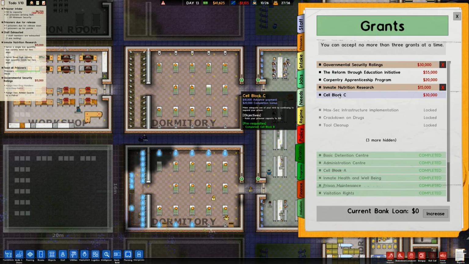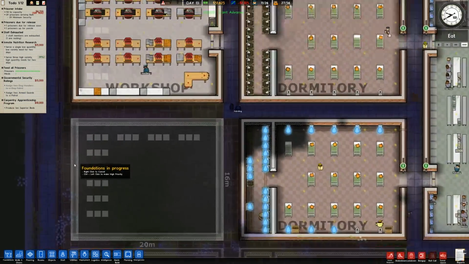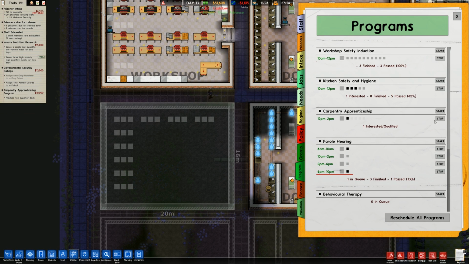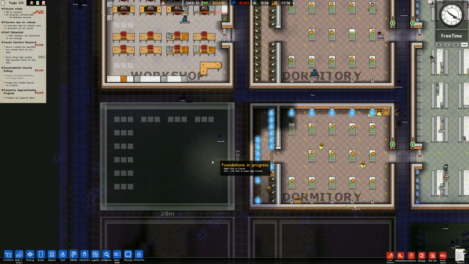We've got Cell Block C, we've got Carpentry Apprenticeship Programme. We might as well go for Carpentry Apprenticeship Programme because we've already got a couple of people working on it. In fact, if we go back over to programmes, we can put another one in there and work on that. So once this is built, we will...